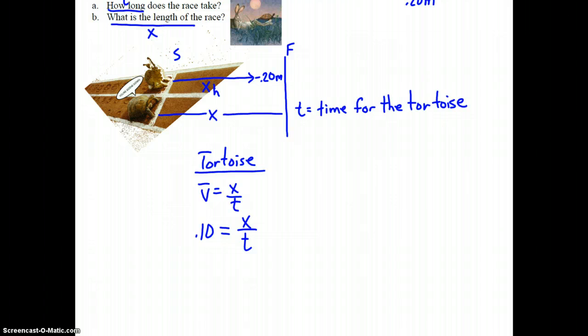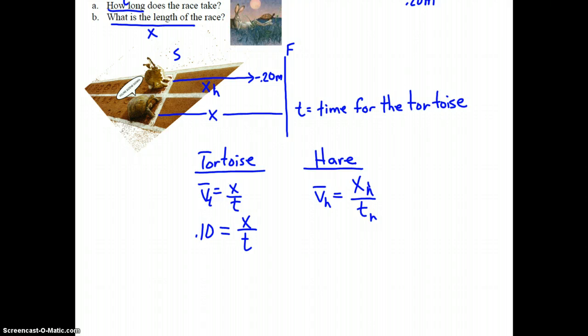What do we have here? We have an equation with two unknowns. And you learned in math class, what do you need? You need another equation with the same two unknowns. Where are we going to get that equation? We're going to get that equation from the motion equation for the hare. Let's start off with the hare's average velocity, which we'll call VH. We'll go back over here and label this T just for clarification. They're not the same V's. It is XH over TH, the time the hare travels. Subbing in what we know,